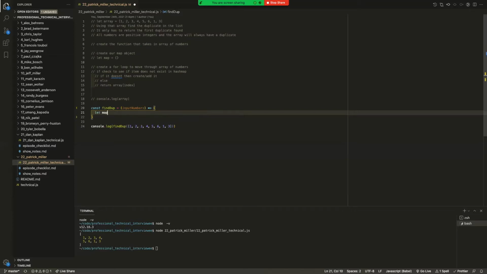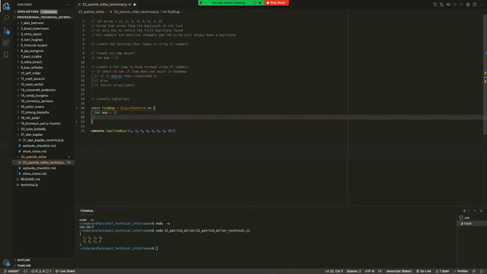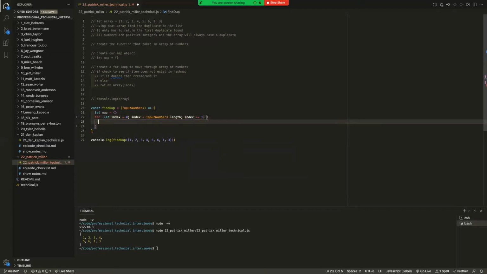Yeah. Okay, so we create our map, create our for loop index. We're going to start at 0. We're going to run our index as long as input numbers dot length, right? Index plus equal 1. So then we want an if check. I'm following my own logic here.